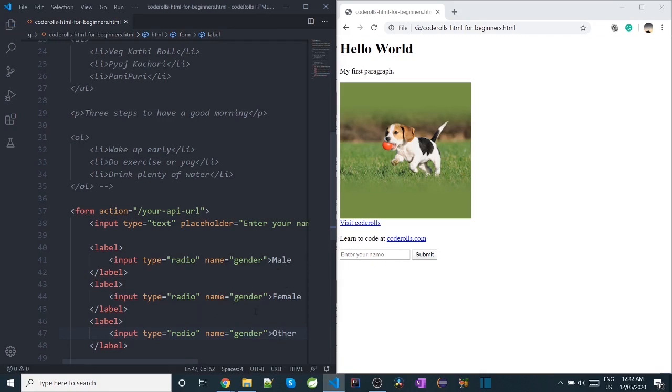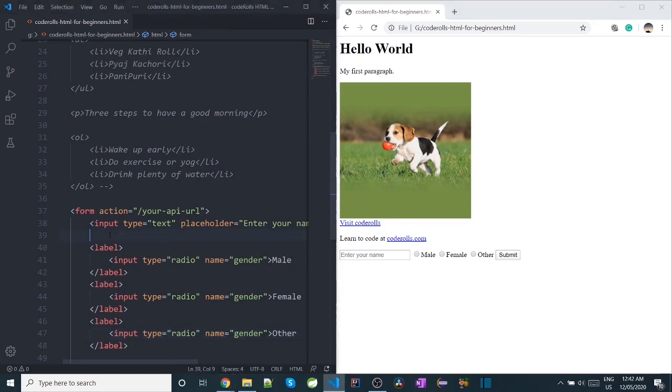So save the file and refresh the browser. You can see the radio buttons, but it's not looking good. So it should be one below the other: input field, radio buttons and button.